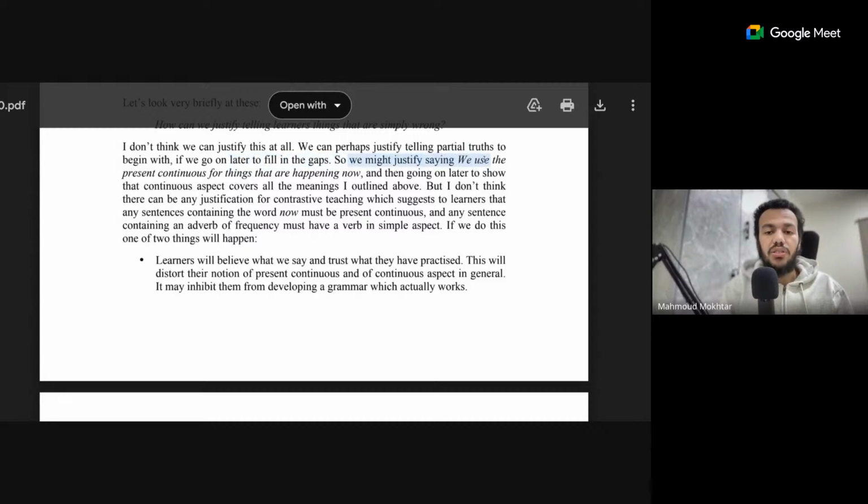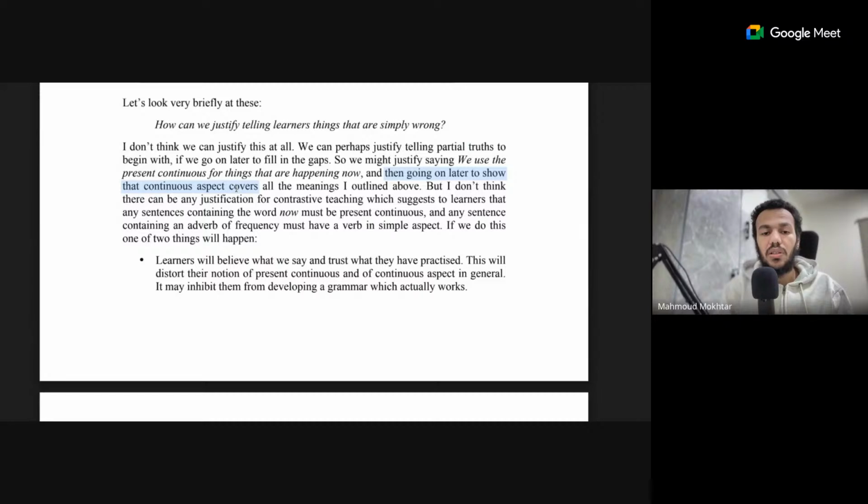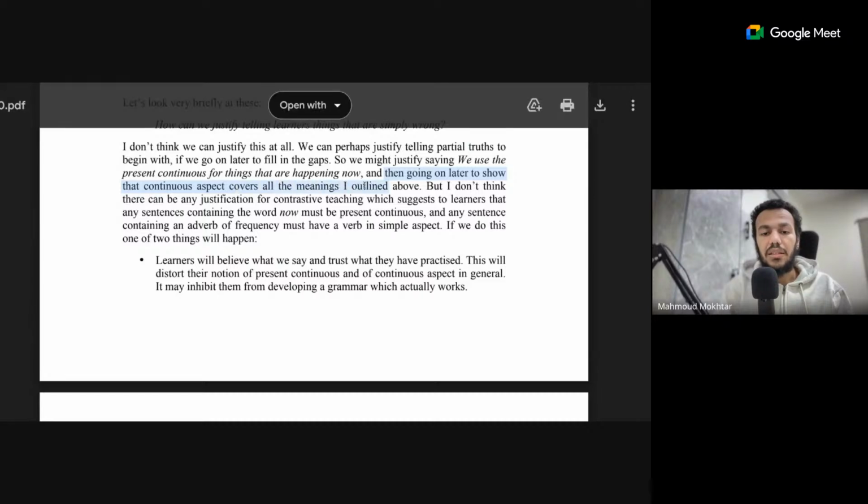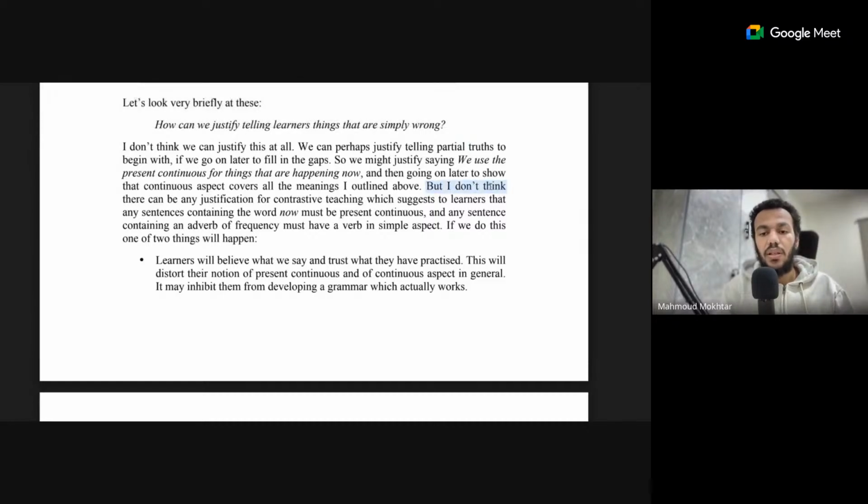So we might justify saying we use the present continuous for things that are happening now, and then going on later to show that continuous aspect covers all meanings I outlined above. Okay, but